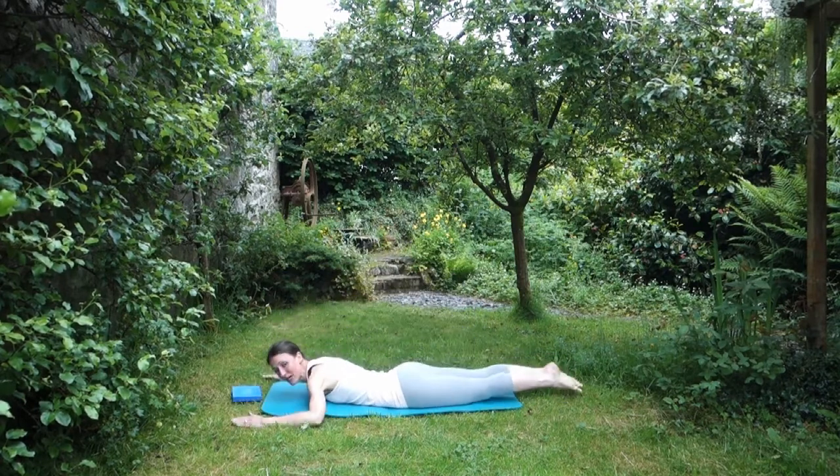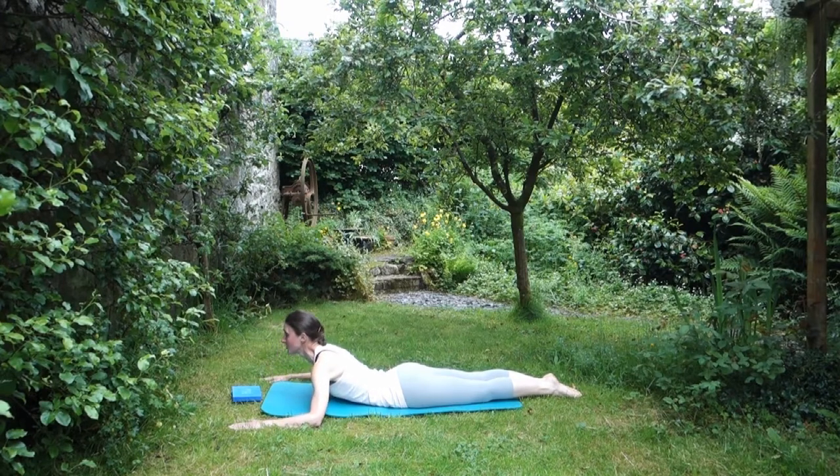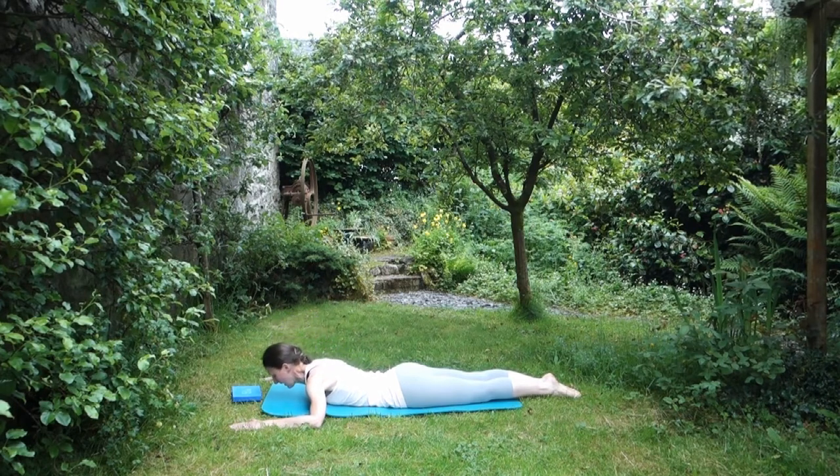So, arms out to the side, elbows bent to 90 degrees. Rest the tip of your nose onto your mat, and you're scooping your nose forwards and up, so that you look straight ahead, doing your best Cobra impression. Elbows on the floor and straight down and scoop back in. So it's forwards and scoop up,